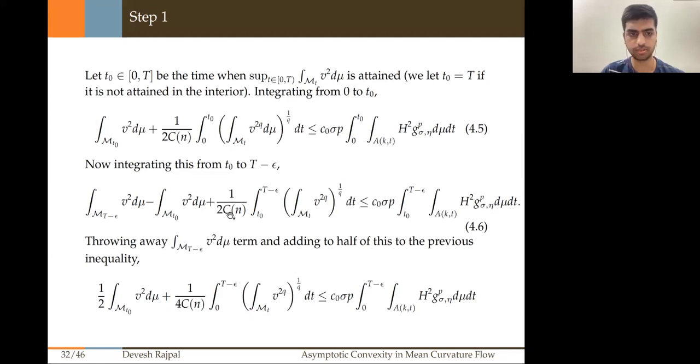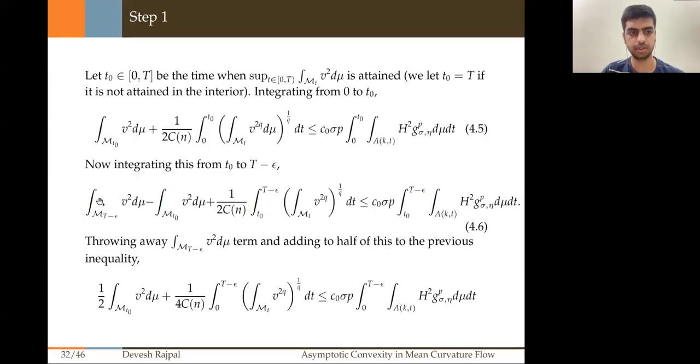And we add half of this to eliminate, to get our integrals from 0 to T naught to T minus epsilon. So we get half of the integral at T naught of V square plus 1 by 4 c n, since we multiplied this by half. So this half comes over here, and 1 minus half, 1 by 4 c n, times the integral from 0 to T minus epsilon of the LQ norm of V square is less than or equal to a certain constant times the integral from 0 to T minus epsilon over A K T. And now this can be written as